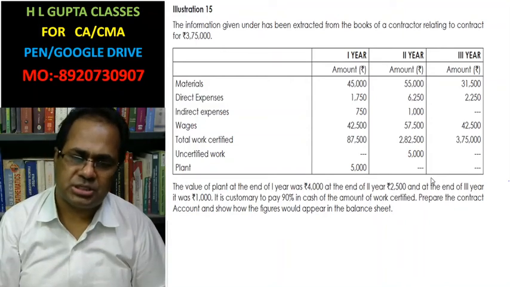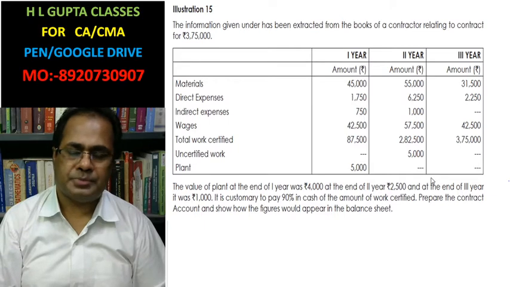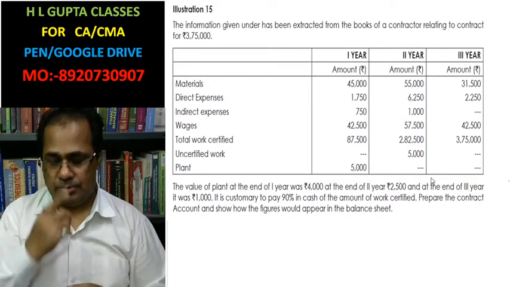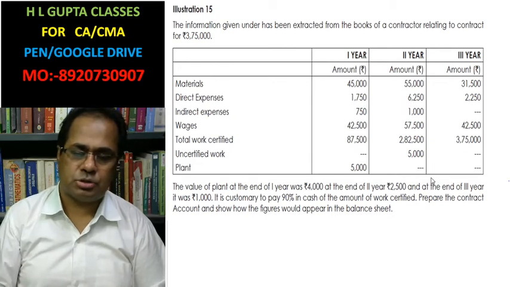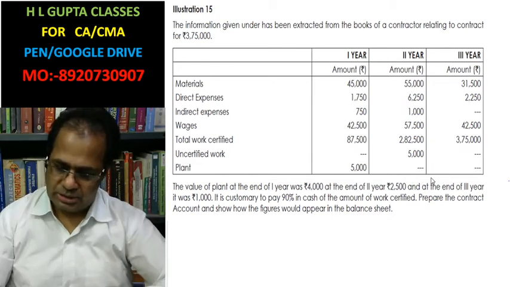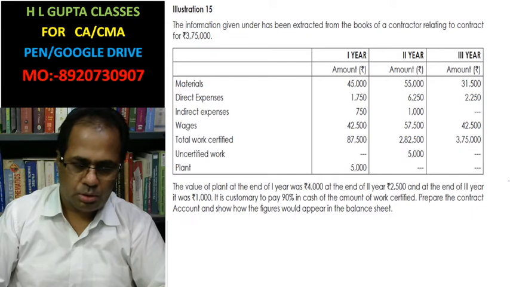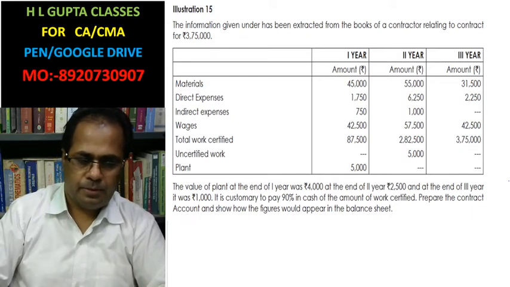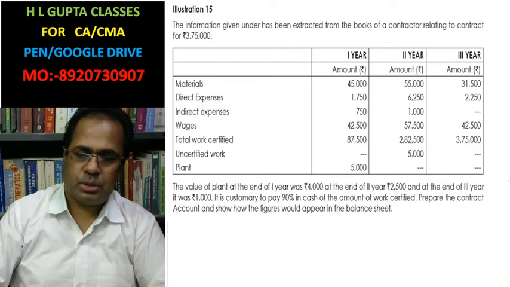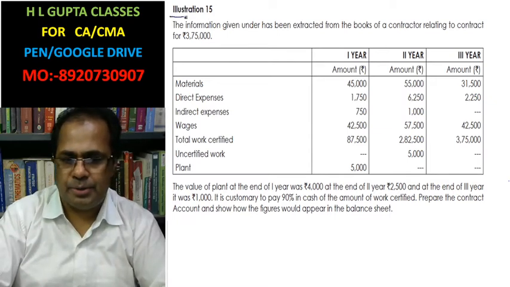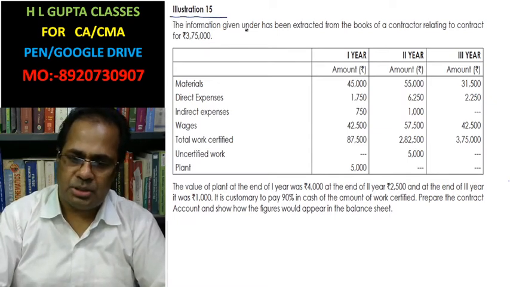I am going to discuss illustration number 15 of CMA Inter Cost Accounting. This illustration is from contract costing. Please read the question here. Look at it, illustration number 15. The information given